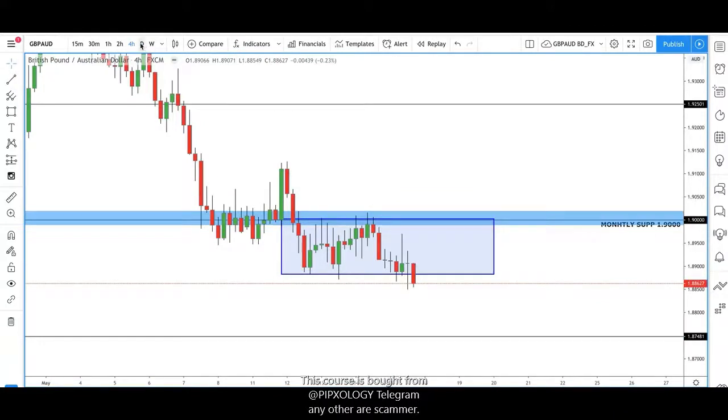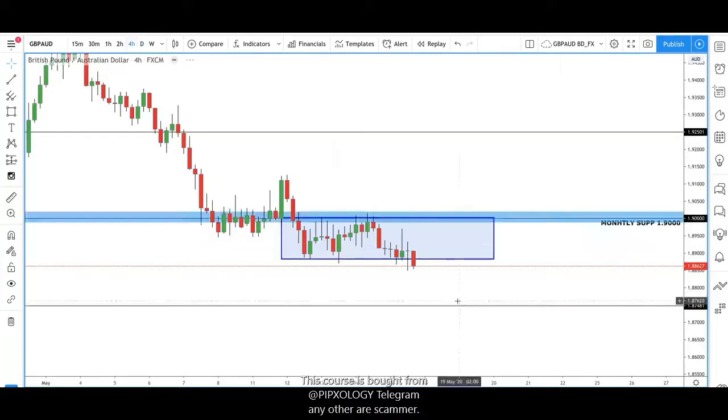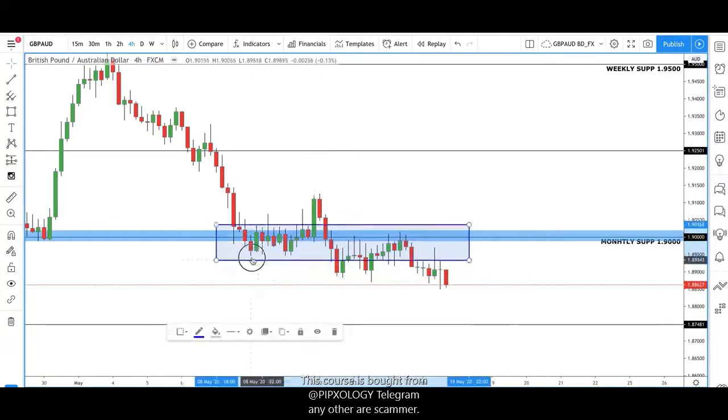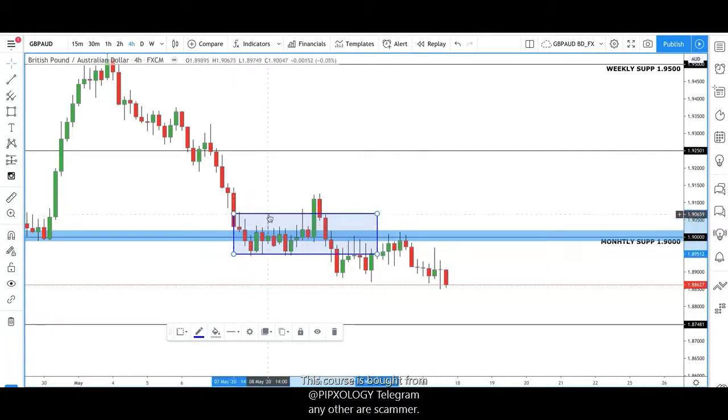GBP AUD, similar situation. So we're expecting a little bit more of a push on the Aussie dollar at the start of the week, maybe just to come down a little bit lower than this level. This is a lot of last week's price action. Didn't really do much, this pair. We had a little pop up, which was fake. You see here, this is why the range tool is so good, guys. You can see here the range that was made here, low, high, low.